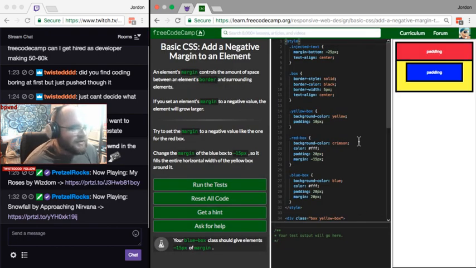Moving on. Add a negative margin to an element. An element's margin controls the amount of space between an element's border and surrounding elements. If you set an element's margin to a negative value, the elements will grow larger. Try to set the margin to a negative value like the one for the red box. Change the margin of the blue box to negative 15 pixels, so it fills the entire horizontal width of the